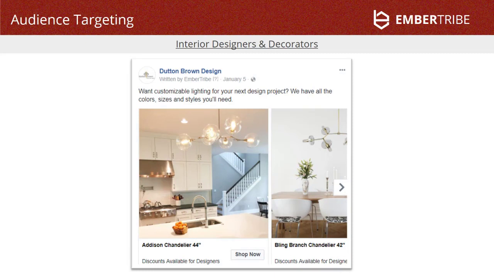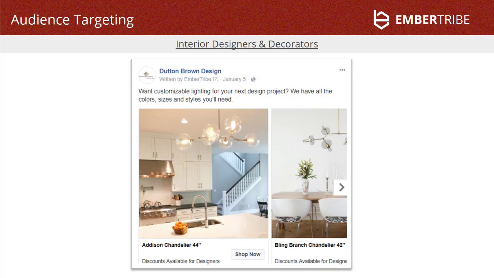We took a more practical angle on this one, and we stressed that these designs are customizable and they come in a wide variety of colors, sizes, and styles. And this is really important for designers because they're working with a wide variety of projects, and definitely one size does not fit all. So, they may look through these few products we have in the carousel here and think, none of these are quite what I'm looking for. But then they might still click through, go to the site because they know that there's a lot of other options available. So that was the approach we took with designers.